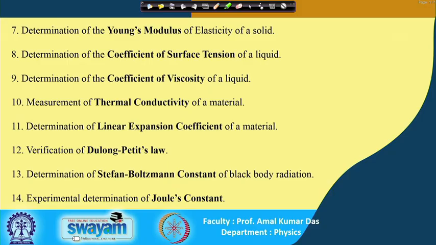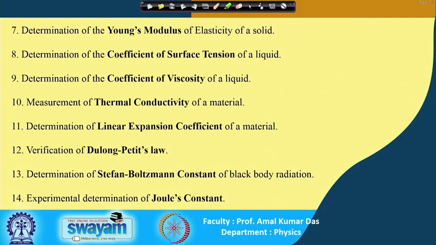So, these are basically experiments on heat. Then another experiment on heat, the experimental determination of Joule's constant, okay, J. So, how to find out this Joule's constant, that experiment also we will perform, and